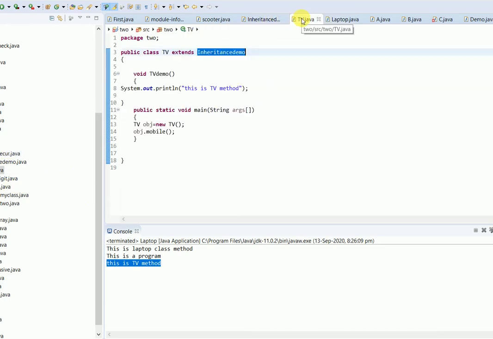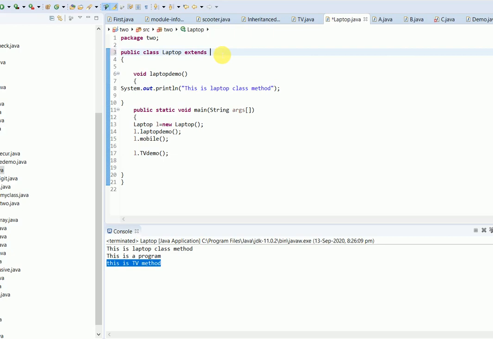In TV.java I am inheriting inheritance demo, and in laptop also if I inherit inheritance demo only, then this becomes an example of hierarchical inheritance, right?